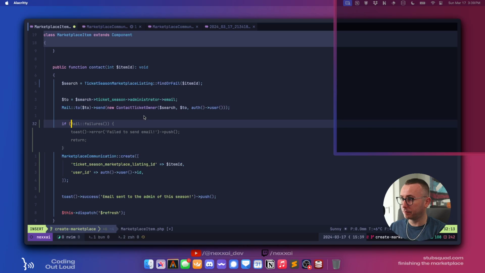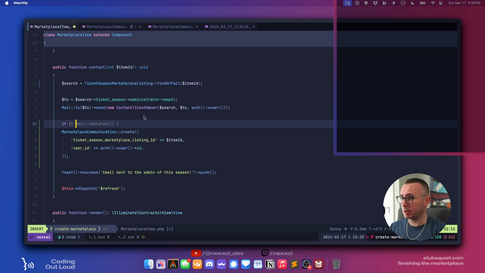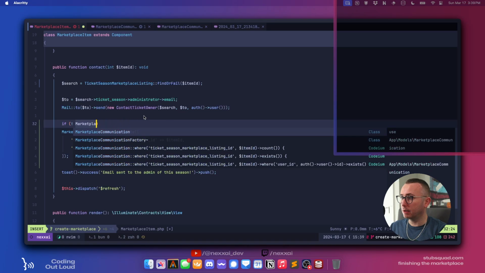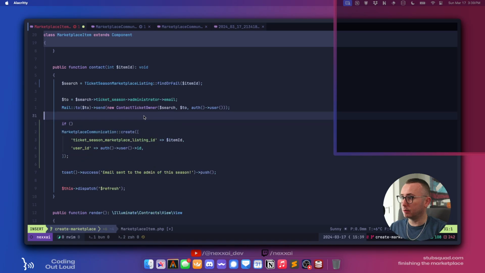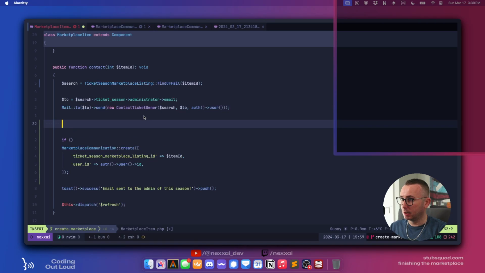So what do we want to say? If no marketplace communication. Okay, so we're going to do a lookup first. We're going to say communication equals marketplace communication where ticket season marketplace listing ID. Yep, where that first.